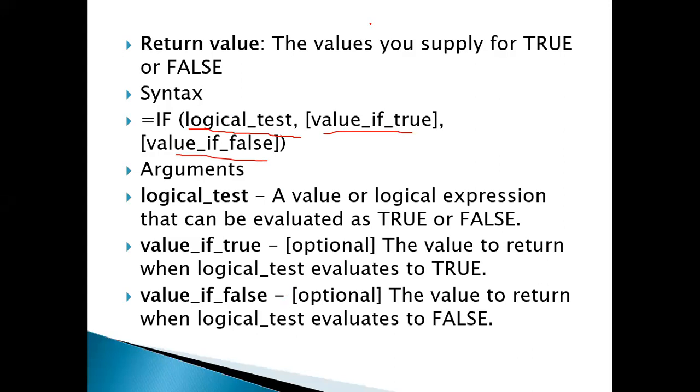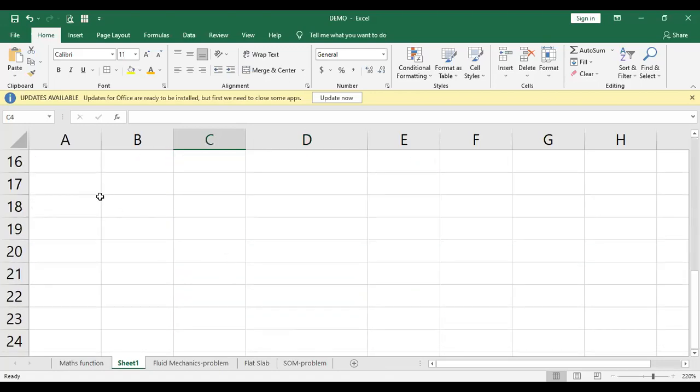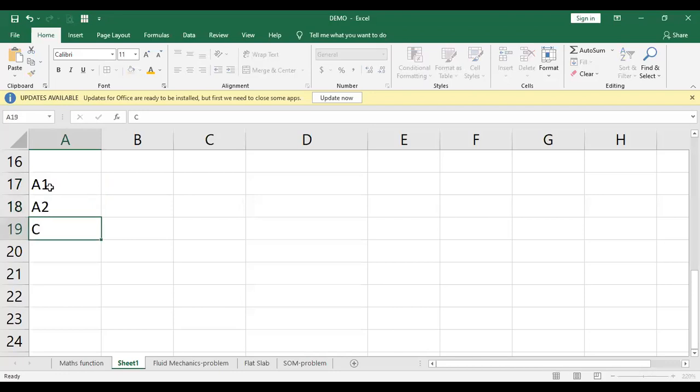So if we just go to this Excel sheet now, suppose I'll just write here again A1, A2.